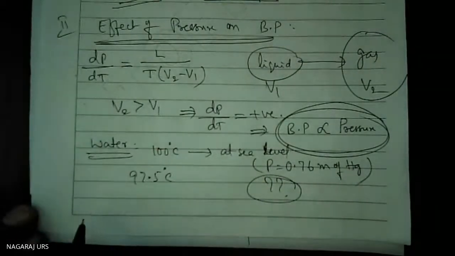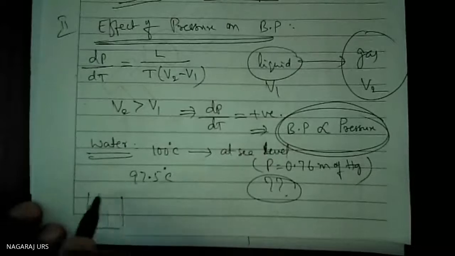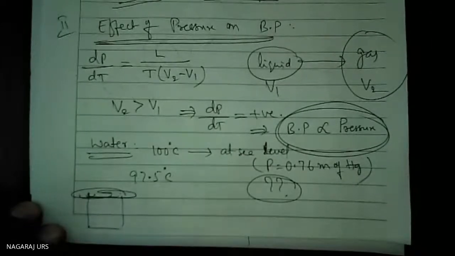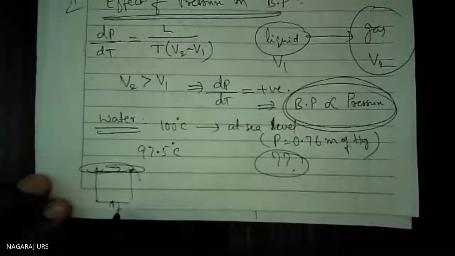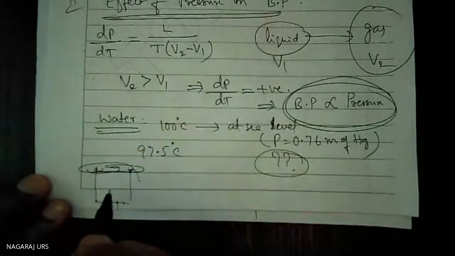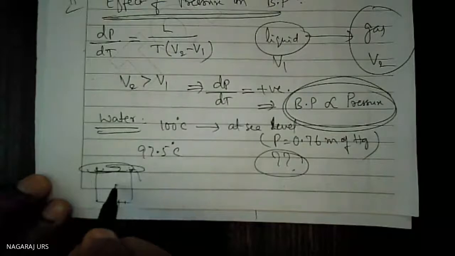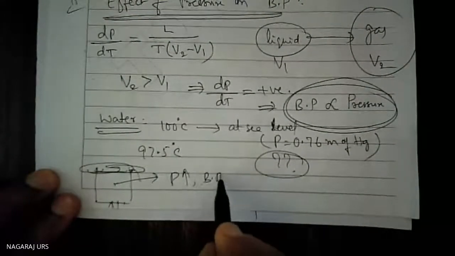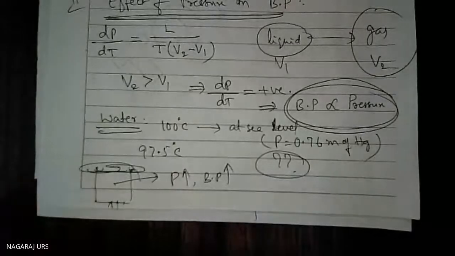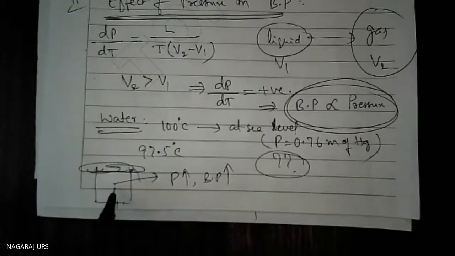If you are thinking about the pressure cooker, there is a vessel, and the lid has been closed completely without any leakage. Then we are giving the heat energy. As you give the heat energy, pressure is building up. As the pressure increases, the boiling point of water also goes on increasing. So inside the pressure cooker, the water is not boiling at 100 degrees centigrade, but it is boiling at more than 125, 130, 135 degrees centigrade.